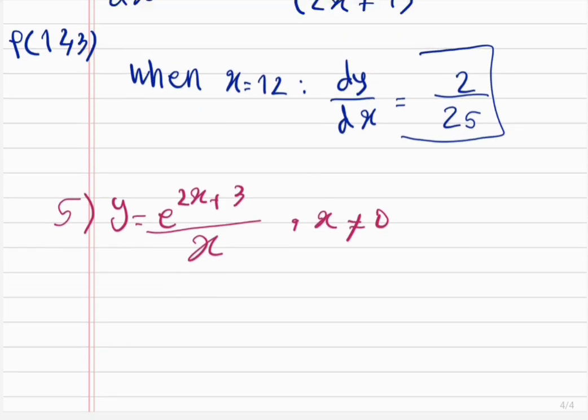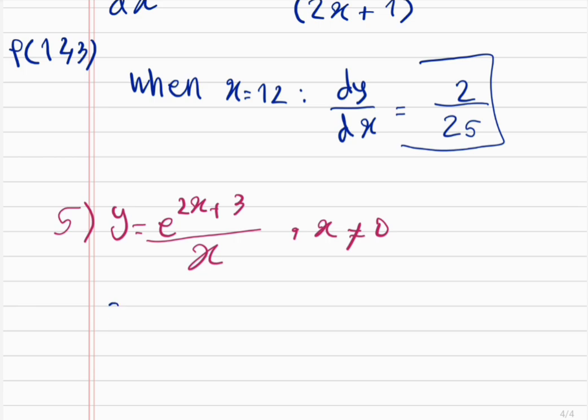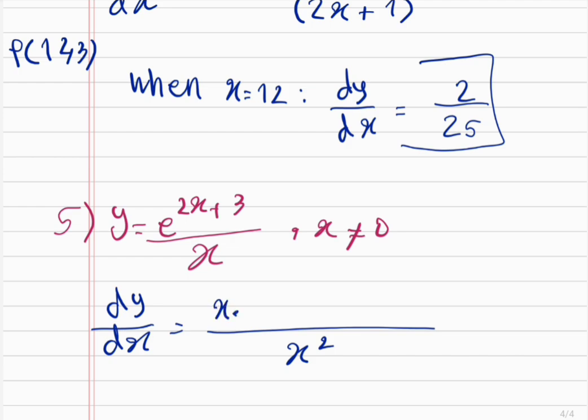Okay, now we need to differentiate this. Again, it's the quotient rule. So we square the denominator, which is x squared. Then we write down the denominator function times the derivative of the numerator function. The numerator is an exponential function, so we differentiate the power, and that comes down as the coefficient of the function. So 2x plus 3 differentiates to 2. Then obviously we need to write down the function itself. Then the entire thing minus